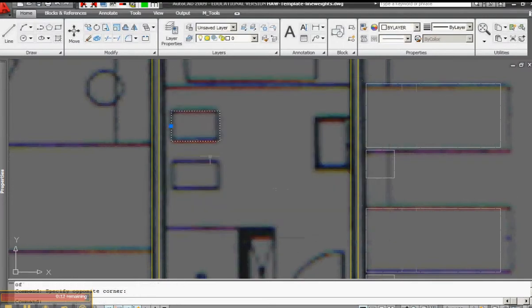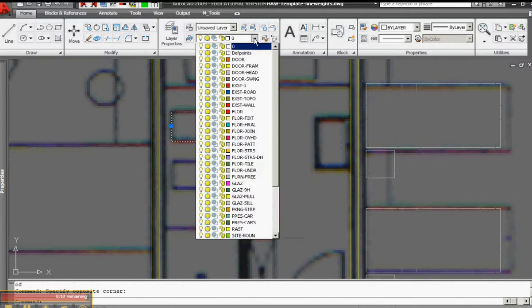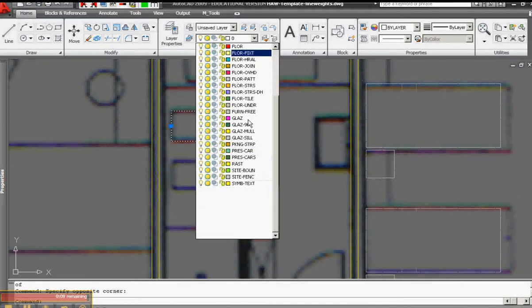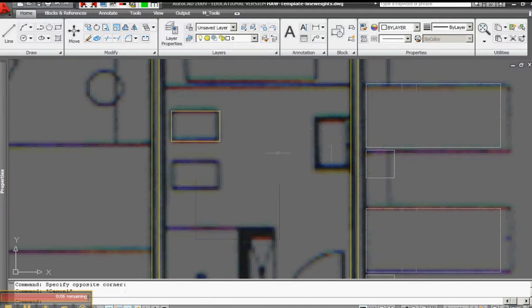And now that's created a block which I can move on to my floor fixtures layer. Okay, and you can then edit those, which I'll show you in the next